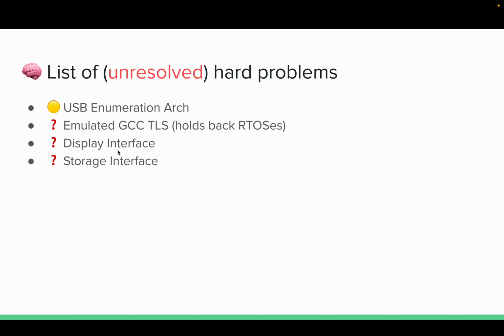Next up, we have display interface. The display and storage interfaces actually aren't that hard. To make a trivial version of these is quite trivial. You can have a pixel function, and you put in the x and y coordinates, and if you're beyond the coordinates of the display, it does nothing. Storage, read and write functions, then that's all you need. But in reality, these are far more complicated than that. Storage isn't usually just an array of bytes that you can update. Usually they're in blocks, and displays have a variety of